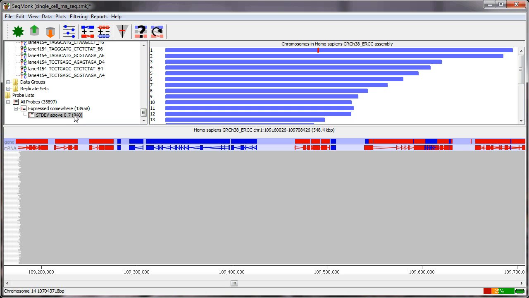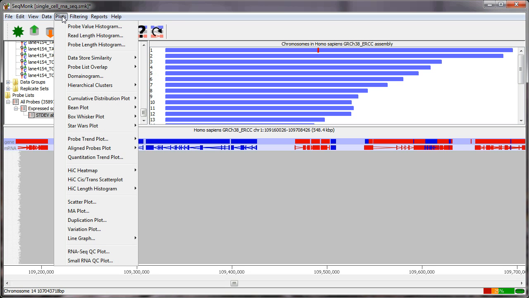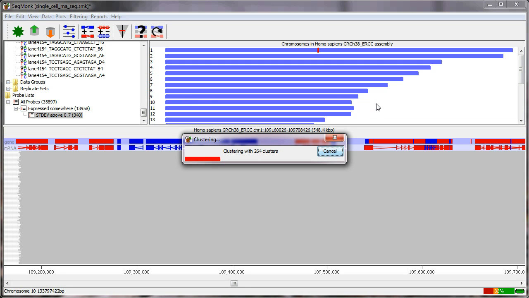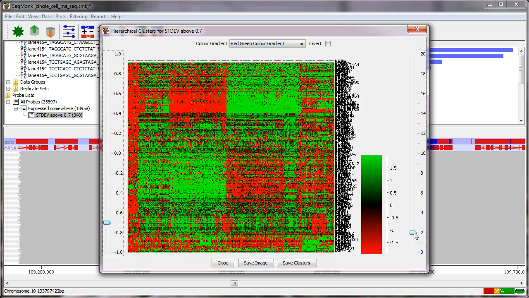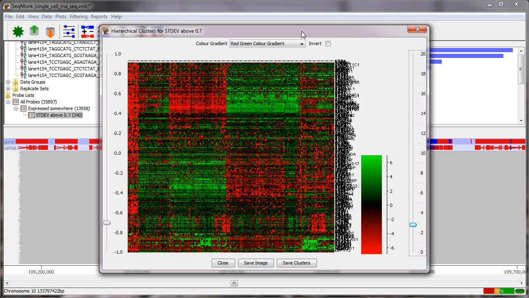Right, the next question then comes as to whether there are subgroups within the genes that we've identified here, and to get at that we will do a hierarchical clustering. So if I go into plots and hierarchical clusters and per probe normalize, this will do me a correlation based clustering of these genes across all of my cells. It'll take a second to calculate and then we should be able to see. Okay, so if I just turn these splits off and adjust the contrast a bit, what you can see in